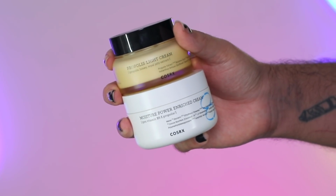Of course, a moisturizer is going to be included in this list, right? But here's one that's kind of a newer one, and I didn't think I would be talking about it, to be honest. If you asked me off the top of my head what moisturizer I'd pick for the rest of my life, I'd probably say one of the COSRX ones again, but I've been speaking about COSRX so much recently, you're probably bored. So I want to talk about one that